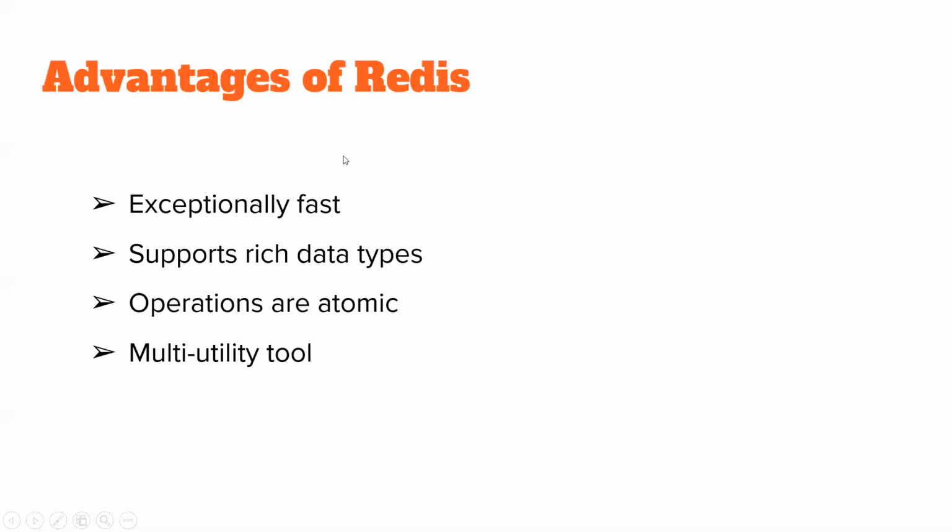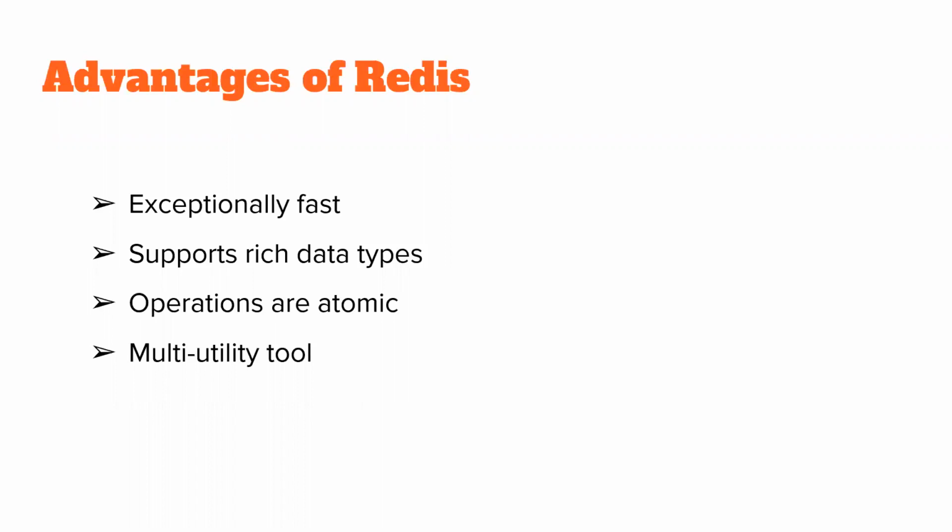Advantages of Redis. Following are certain advantages of Redis. Exceptionally fast: Redis is very fast and can perform about 110,000 sets per second and about 81,000 gets per second. Supports rich data types: Redis natively supports most of the data types that developers already know, such as list, set, sorted set, and hashes. This makes it easy to solve a variety of problems, as we know which problem can be handled better by which data type.